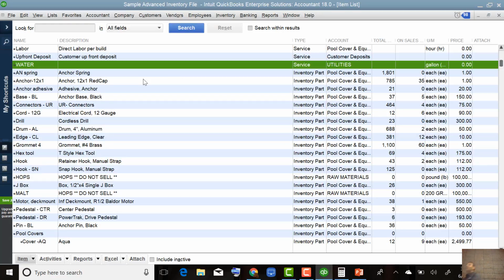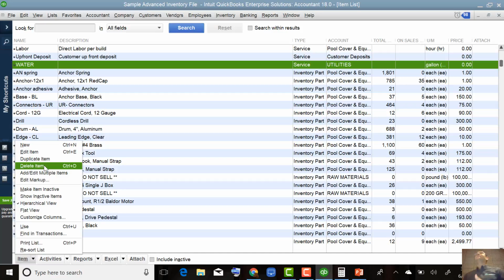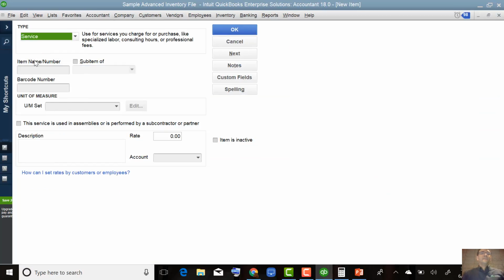So now that I created my two raw materials that were hops and malt, my expense item that's not an inventory part, which is water, which we're charging against utilities, we can also do this for labor. So I'm going to do it real quick. I'm not a big fan of charging labor into these things, but a lot of people want to do this. It just becomes really messy on the accounting side. But if you wanted to include labor in it, you would have to somehow figure out what is my average cost per hour or whatever of the employees that are working in it. So I'm going to simplify it and create a service item called labor